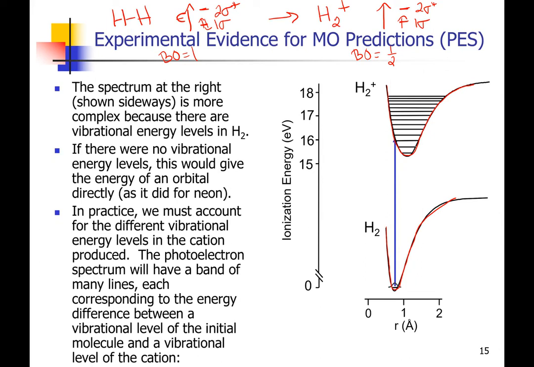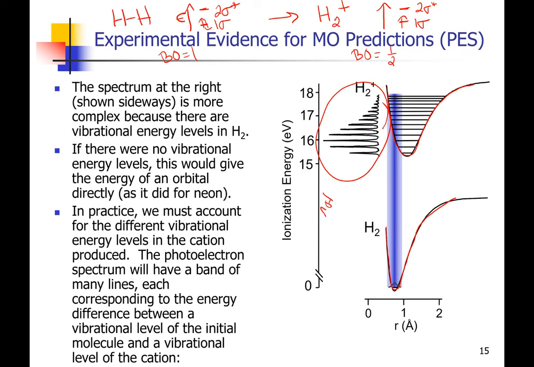So that means that when you initially excite that electron out, you take your molecule not only into the cation form, but an excited state of the cation form. And then from there, it has to relax back down to the ground state of the cation form. So that means that your signal on your photoelectron spectrum is going to look like this. It's no longer one neat, clean line. It's not just the one peak and that's it, that's all. It's a whole bunch of peaks, because